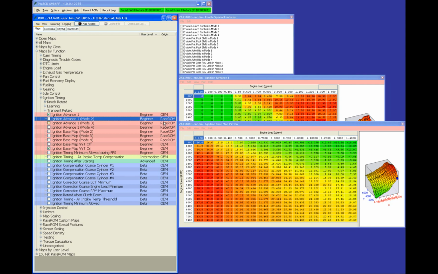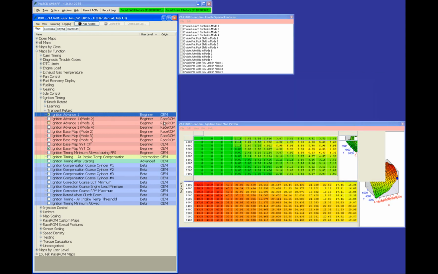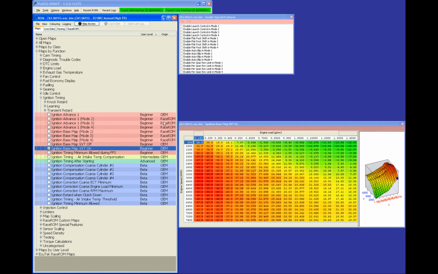There are situations on some vehicles where there are like 6 or 8 different maps the ECU will swap between for various conditions: load, neutral, engine cold, VVT working. We have to simplify it with RaceROM, and we give you one map. If you're in mode 2, it's going to be using this advanced map and this base map all the time. So you need to bear that in mind when you're doing calibrations, that we do lose some of the functionality